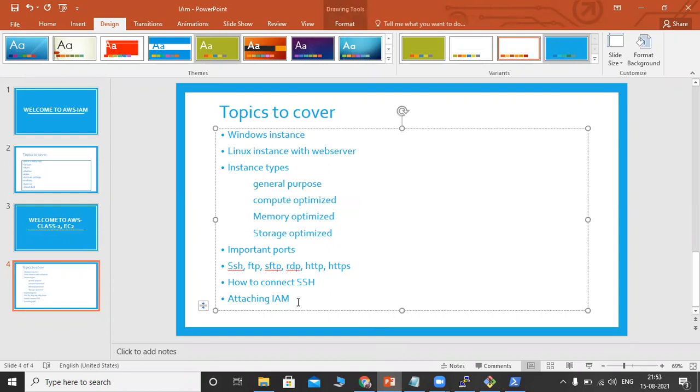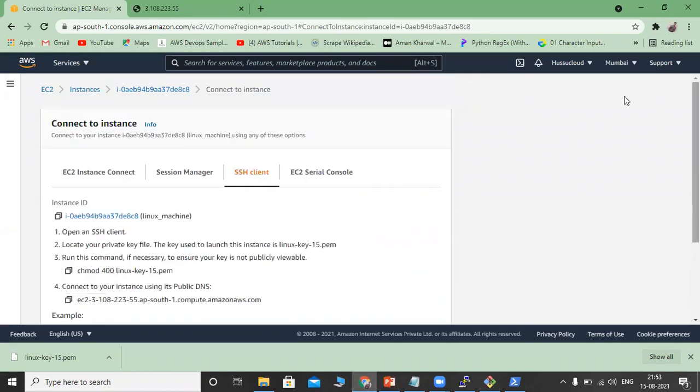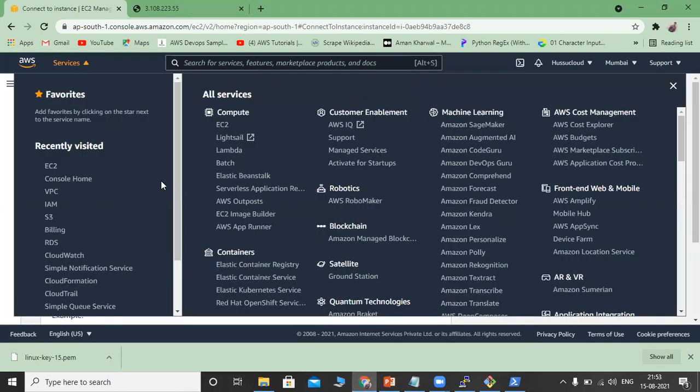And the final topic, attaching an IAM role. So how to attach an IAM role? In the previous class, the first class, we discussed the IAM service. So let us go to Services, the IAM section. I will create one role.